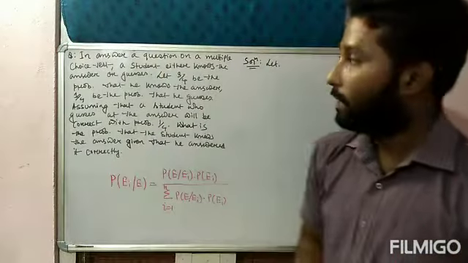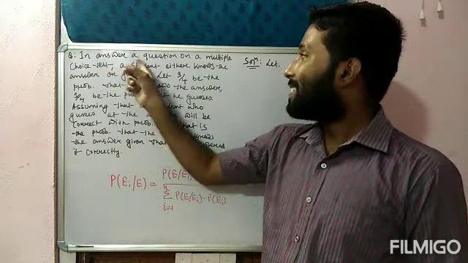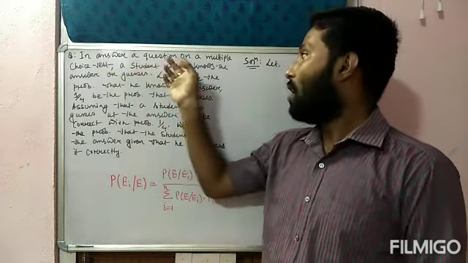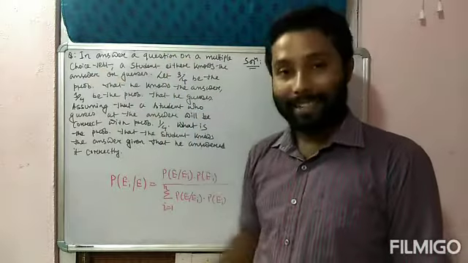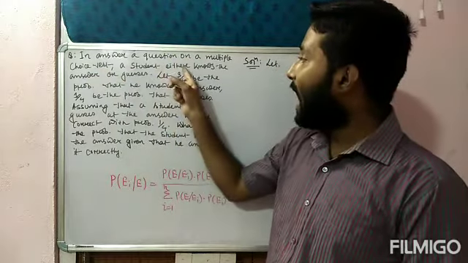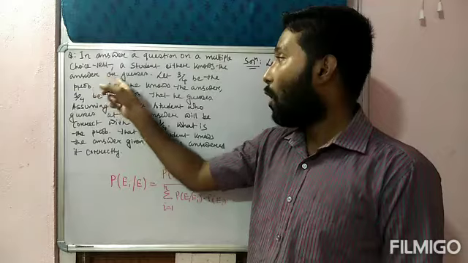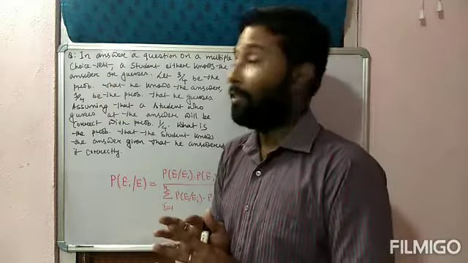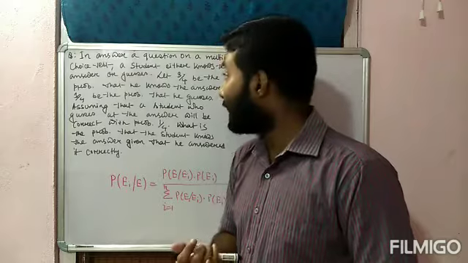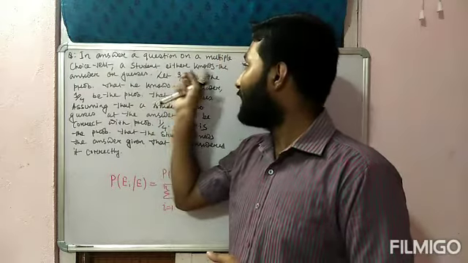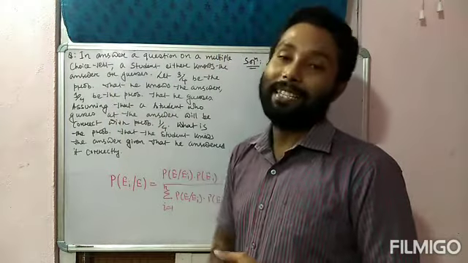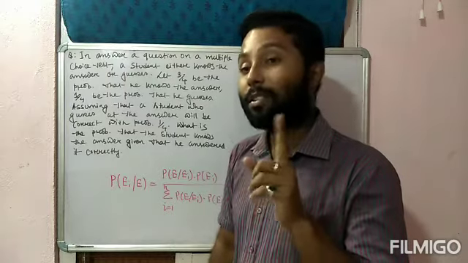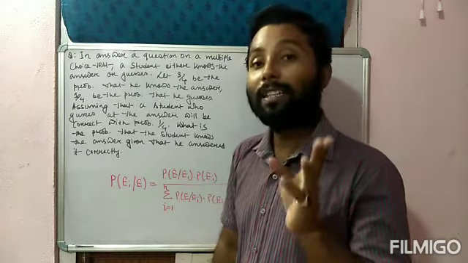So take the next question. In a multiple choice test, a student either knows the answer or guesses. क्वेश्चन यहां तक समझ में आना चाहिए. ओके, एक मल्टीपल चॉइस टेस्ट एग्जाम देने के लिए गया तो the student either knows the answer or guesses. दैट मीन्स यहाँ पे दो इवेंट है. फर्स्ट इवेंट मीन्स he knows the answer, सेकेंड इवेंट मीन्स the student guesses.